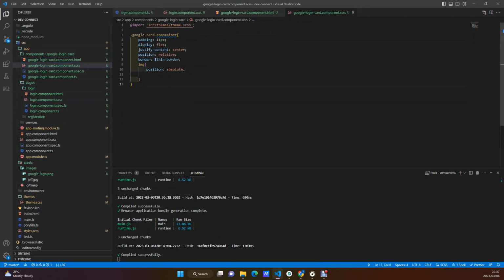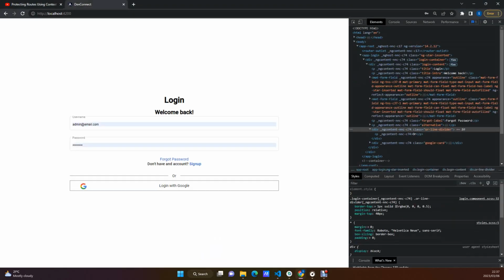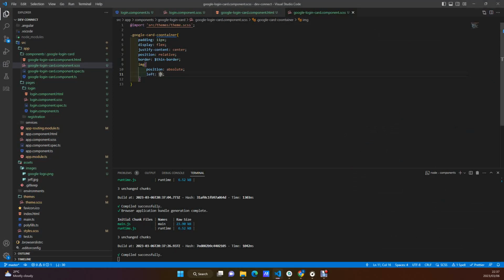So over here we'll just say, because now we want to just set it up to the left, right? So position this image to the left, which could take up probably 5%, 5 to 10%, shouldn't be bad. Let's see. Okay, I think 5% is quite